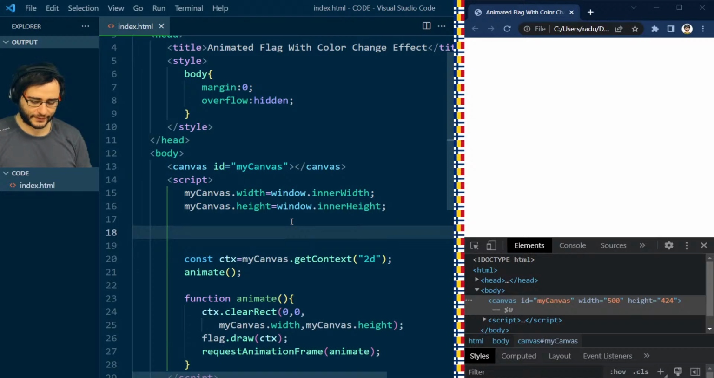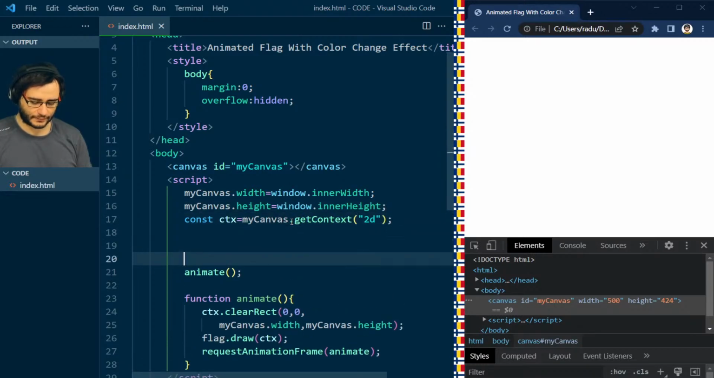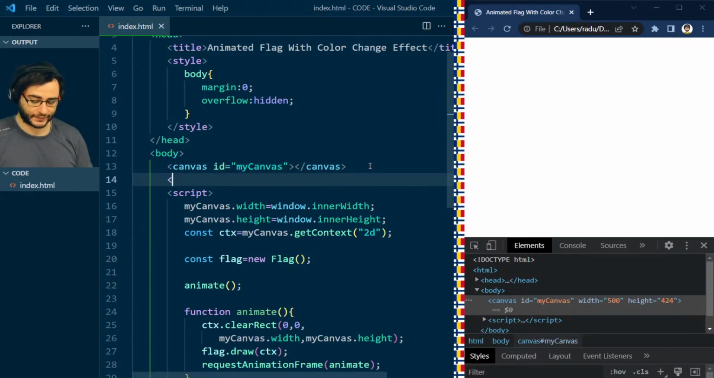I'm gonna define it here. Let's put it after this canvas part. And it will be a global variable. New flag. And let's start writing this object in its own file. So src flag.js, closing the script tag. So let's create a new file